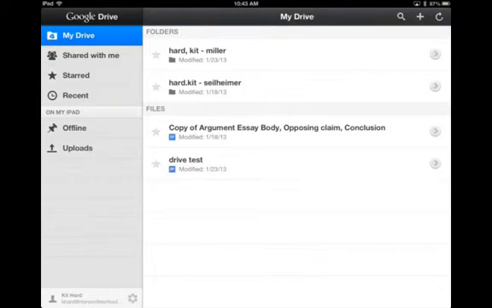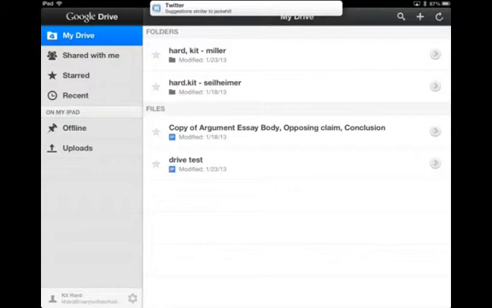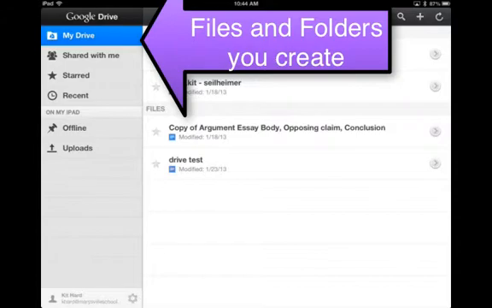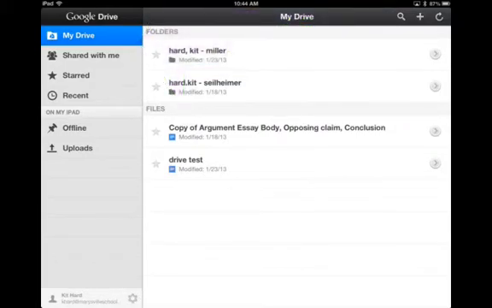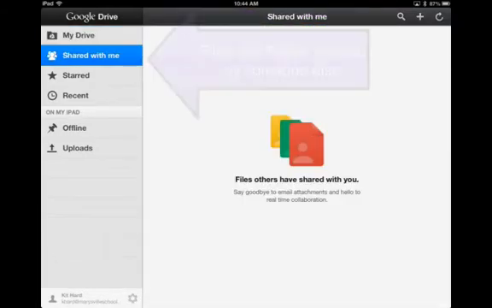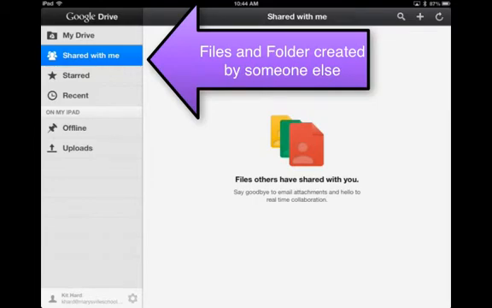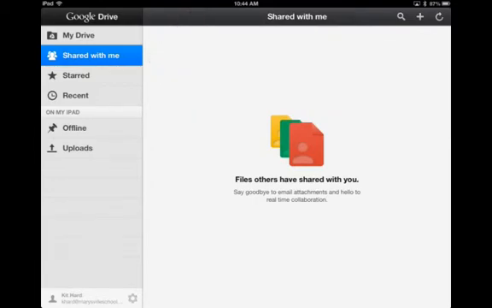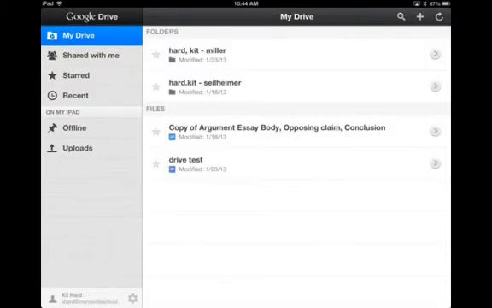Once you're signed in, you'll see the different files and folders that you've created, and you'll have a menu on the left-hand side. My Drive are any folders that you've created or any files that you've created. Shared with Me are any files or folders that someone else has created and then shared with you. And then you can also go into Starred or Recent Documents. I'm going to go back to My Drive,